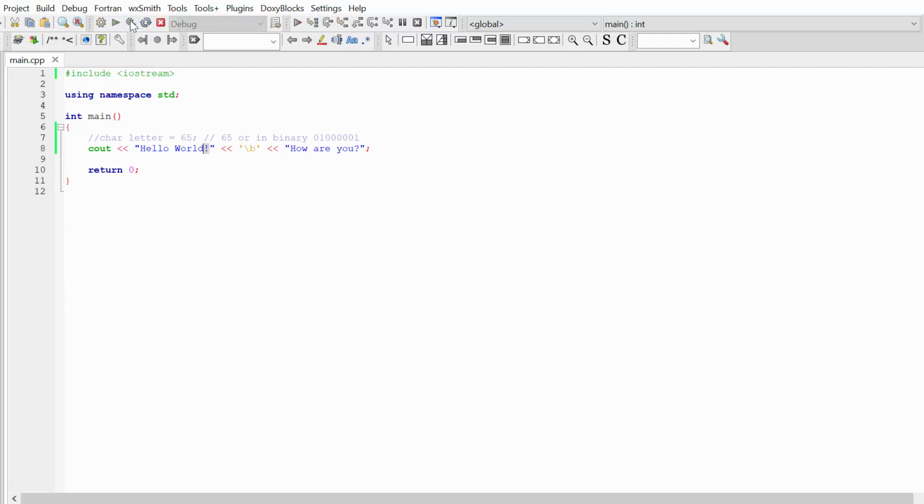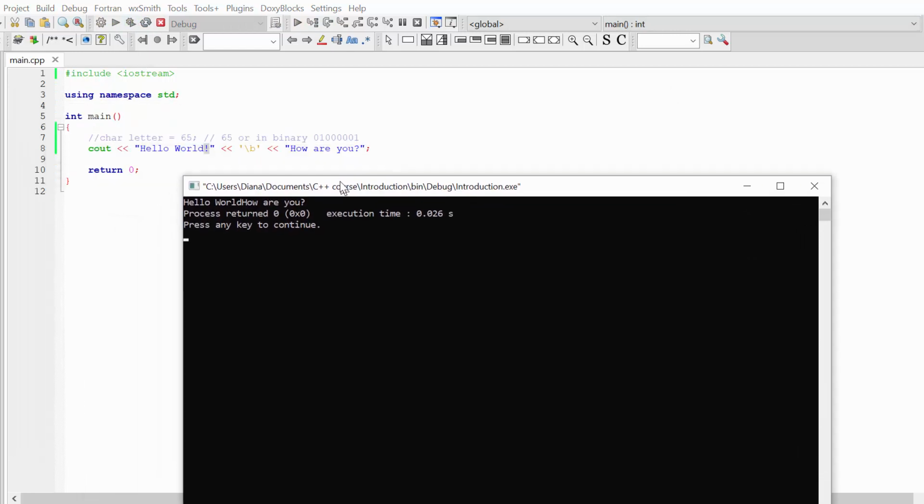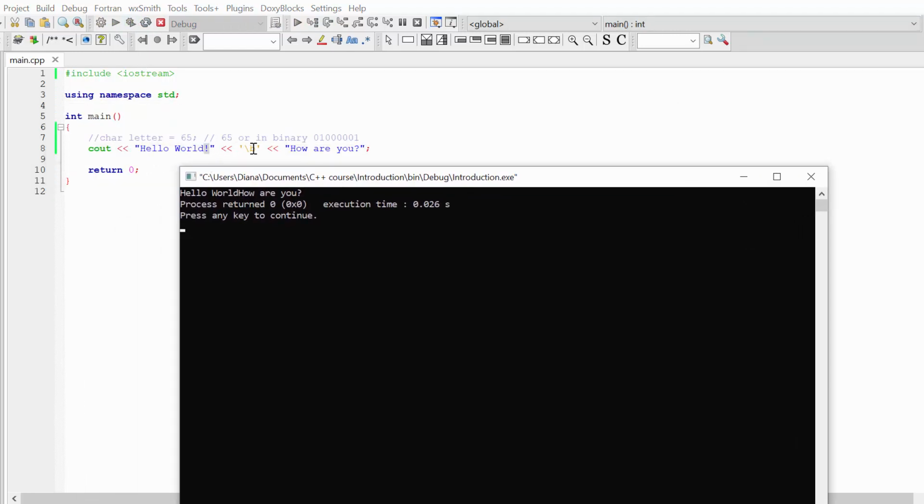And let's try to build and run to see the result. And you can see that with this backspace character, we erased our last character, this exclamation mark, and we are overwriting it with the big H. And now we have hello world without the last sign, how are you.